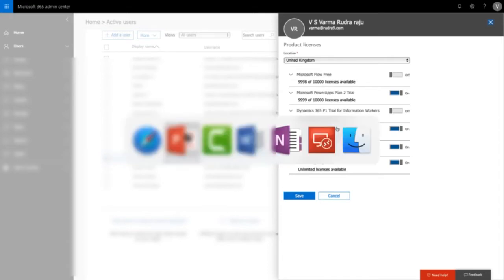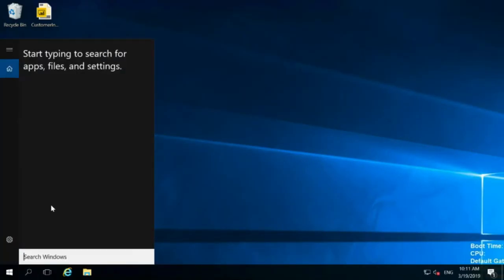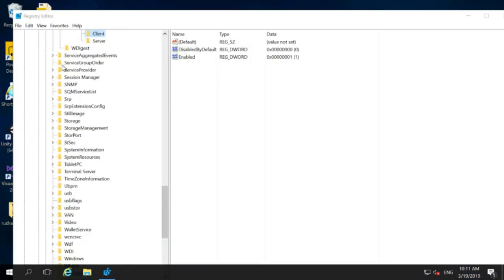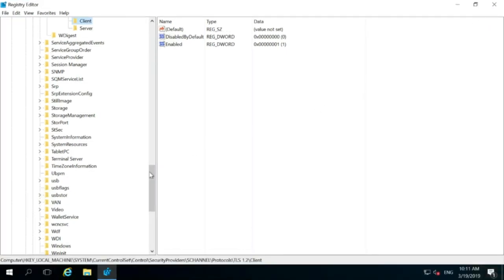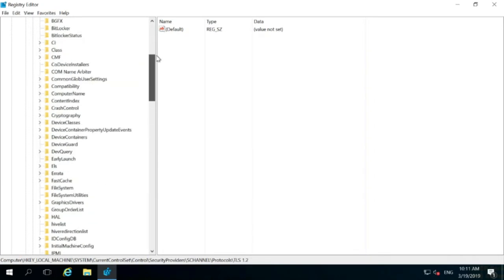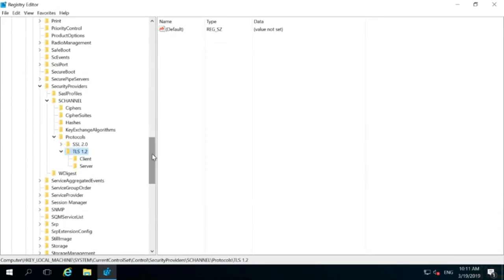Secondly, you need to prep the virtual machine. So basically what you need to do is go into regedit and then add some registry keys in order to enable TLS 1.2 communication. If you expand this, you need to create a TLS 1.2 folder here under this path. Don't worry about this path. I'm going to provide this as a resource within the resource section of this lecture.